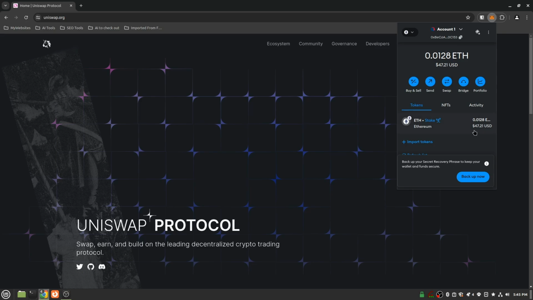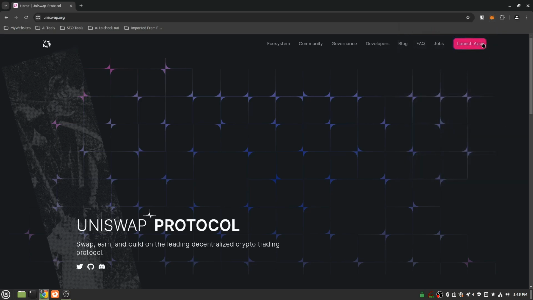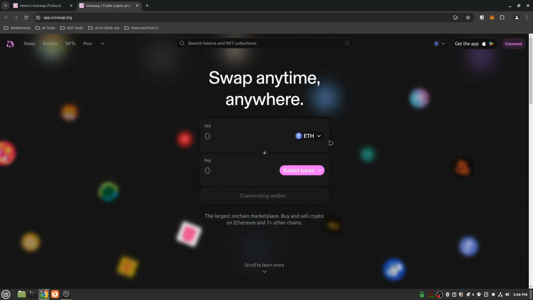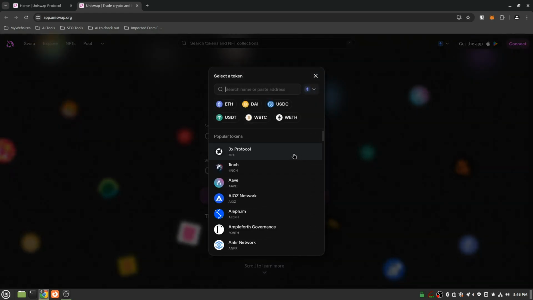And there you go. It's updated in the wallet. So now we will launch the Uniswap app to enter the exchange to trade for some tokens. So we're going to sell some Ethereum, and we are going to buy